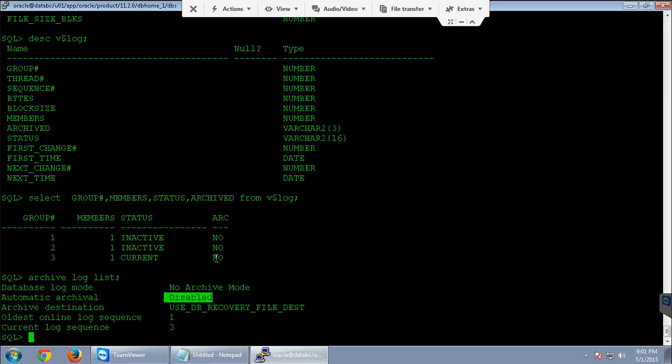If we have enabled the archiving and the status is still no, then this file is being archived. If it is yes, that means it has been archived to the archive log. If it is no, it means there are still some transactions, some data in the online redo log, which need to be archived into the archive log. So there will be two values. If we want to know whether the contents of this redo log have been archived into the archive log or not,